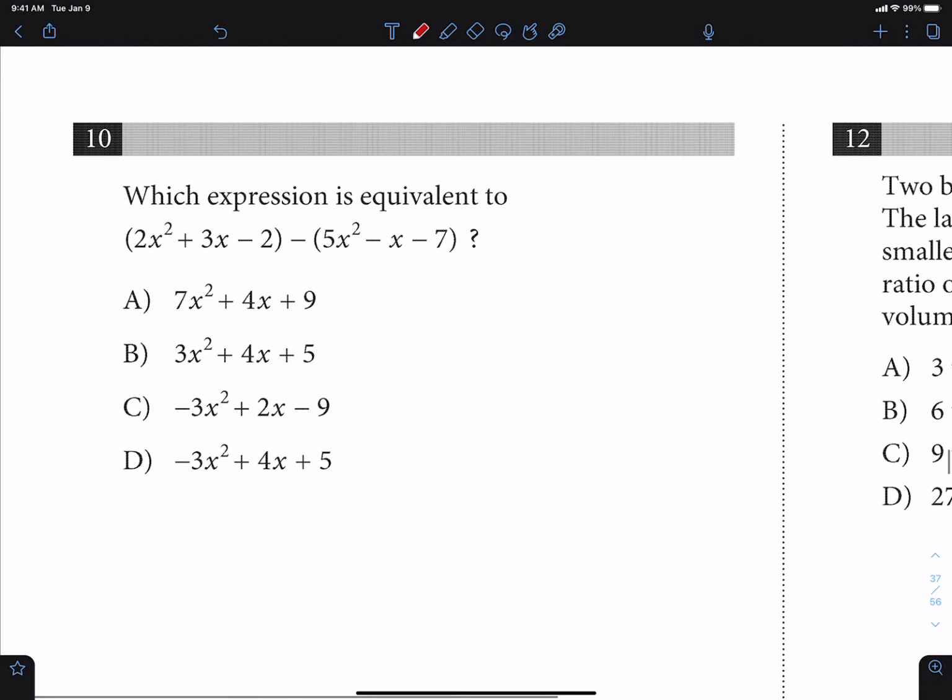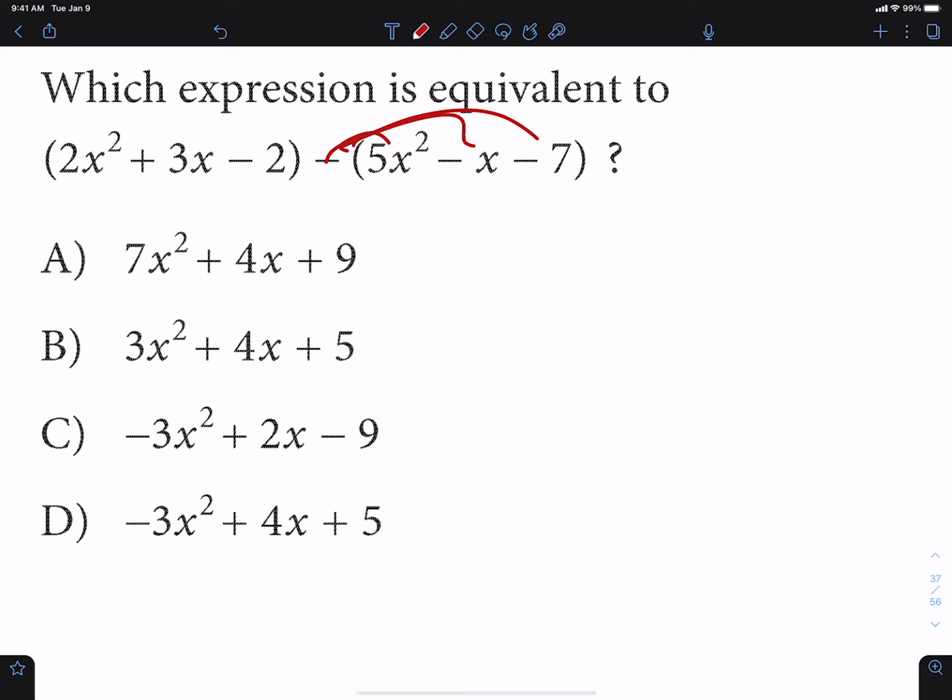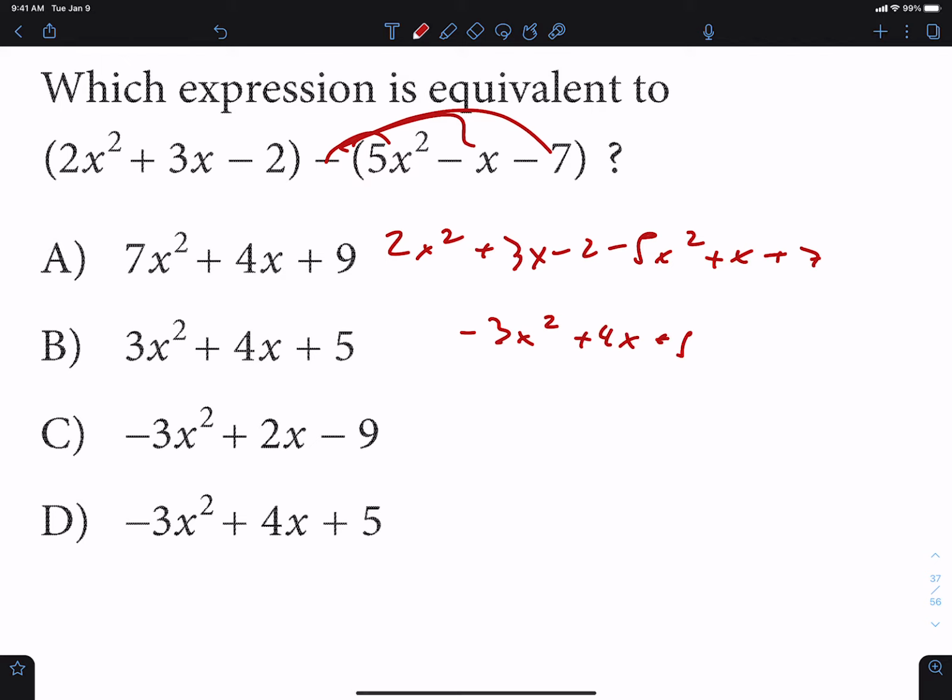Which expression is equivalent to all this? Okay, I'm going to distribute this negative to each term inside of the parentheses, so I get 2x squared plus 3x minus 2 minus 5x squared plus x plus 7. Combine like terms, so we get negative 3x squared plus 4x plus 5, and that is going to be option